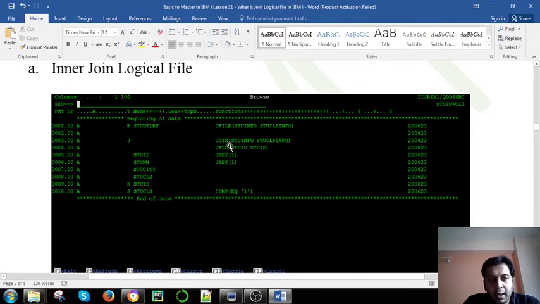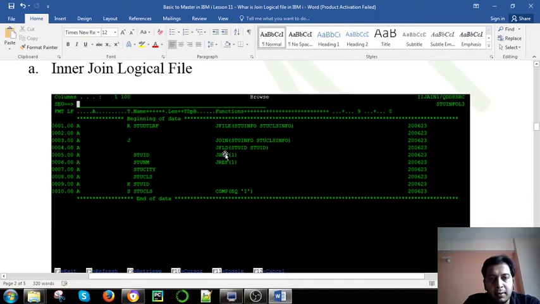JOIN specifies which files we are joining. For example, if we have P1, P2, and P3, we have to declare which of them we are going to join. And JFLD specifies, based on the files we are joining, which fields need to be joined, right?